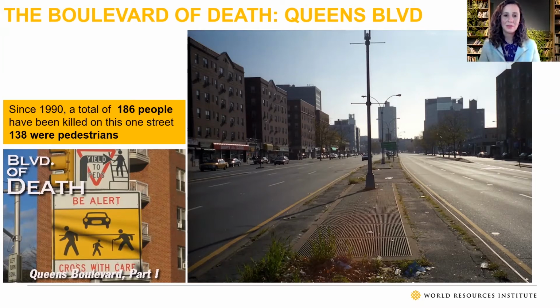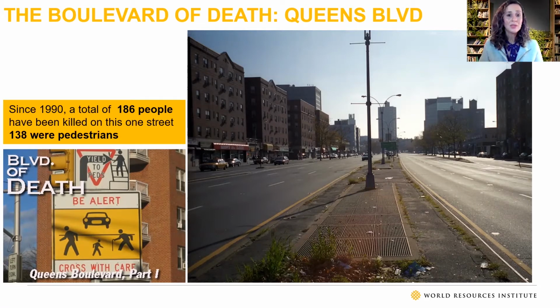138 were pedestrians. In the 90s, all New York City did is alert the citizens with that sign that you see here to let them know that this was a killer road. It was a road designed to be a highway, basically, but it got densified. So you have a lot of people living there, a lot of stores and shops. So people needed to cross the street, needed to use the bike, and it was a deadly combination. The city started to work on this road that will have anything from 20 to 25 fatalities a year.